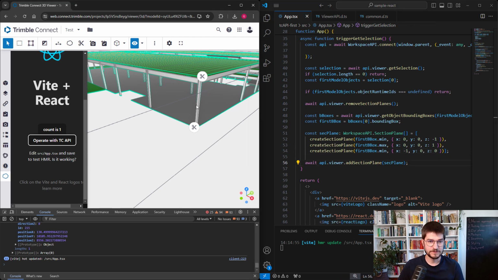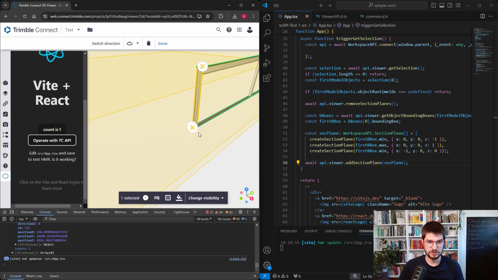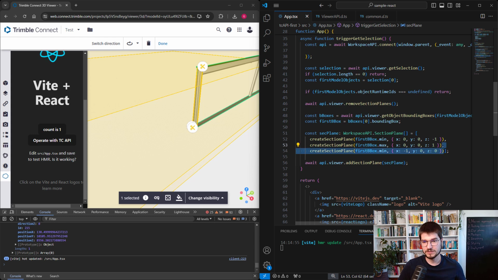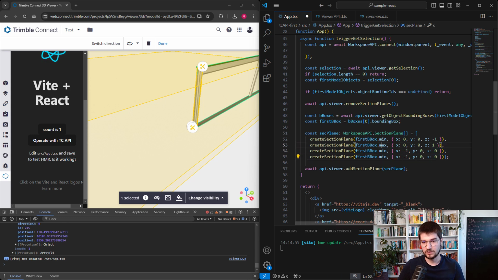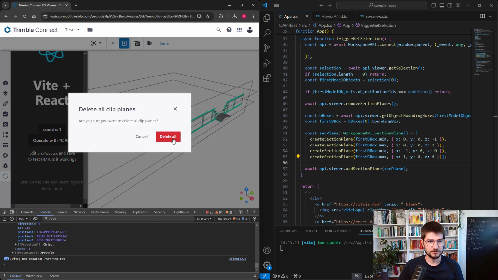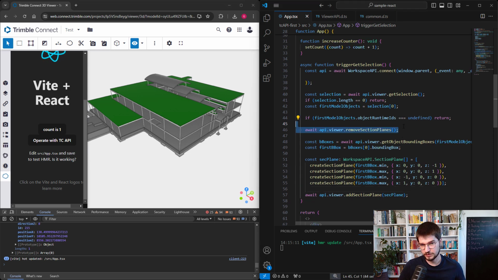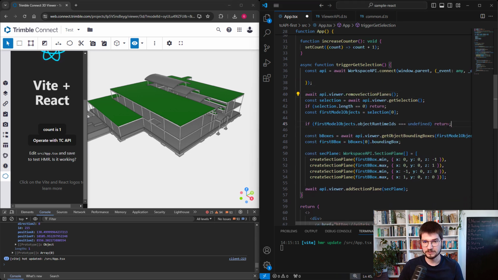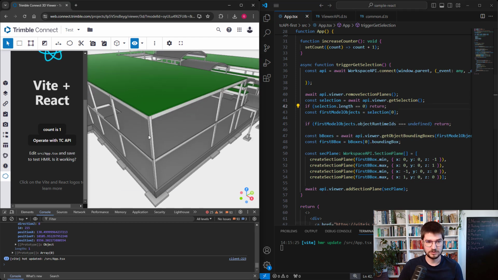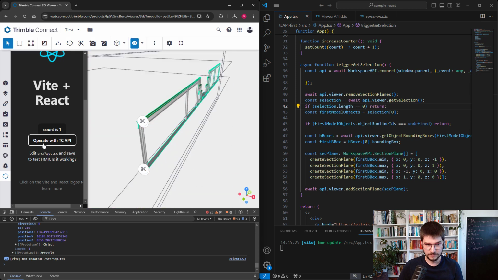Let's check, select that column, click, and yeah, we have more clip planes. Nice. Let's do the same in a second direction. So now I will get the maximum point and provide a different direction. And definitely I need to remove them just for the purpose of testing at the very beginning. So I will move that line before checking if anything is selected, and it will make my life much easier, because now I am creating 4 different clip planes, but after invoking that function without any selection, all of them